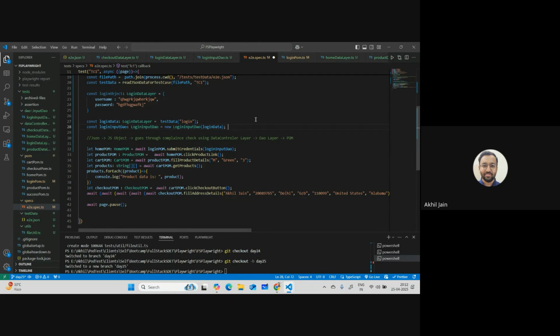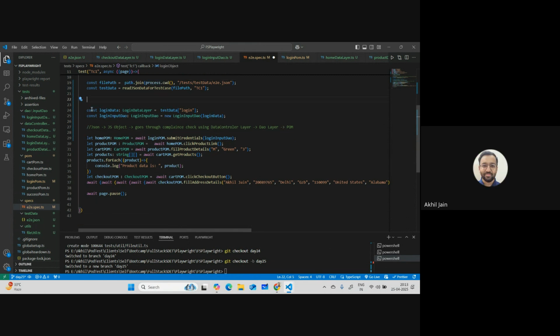Yeah, Anand, please go ahead. Again, I'll ask a very quick question. Let's say tomorrow I sit in an interview and I'm asked to design a framework for any random application, and I am asked how I will handle negative scenarios. So in that case, how do I answer if I'm giving them this setup as an answer to my framework design? Okay, first of all, what you will do is, let's say I gave you this framework